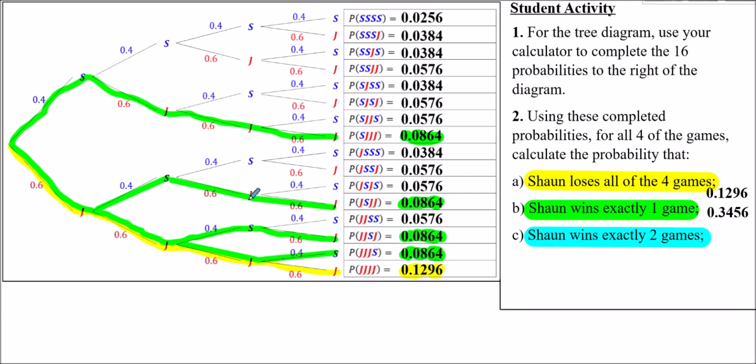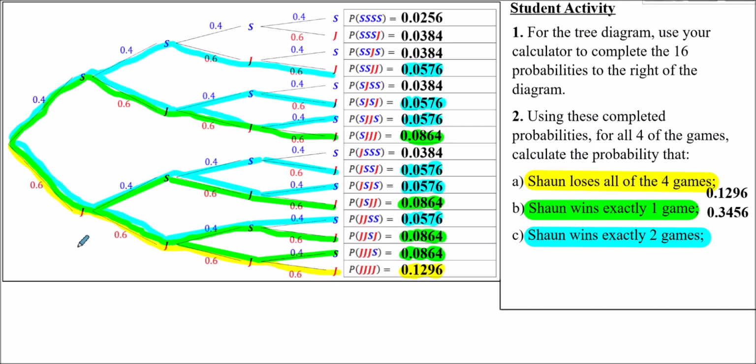How many paths, starting from the beginning, going all the way to the end? Is it 3? Is it 4? Actually, there's 6 paths, which I've highlighted here in this light blue colour. Each one has a probability of 0.0576. Because there's 6 such paths, the total probability of Sean winning exactly 2 games is 6 multiplied by 0.0576, which